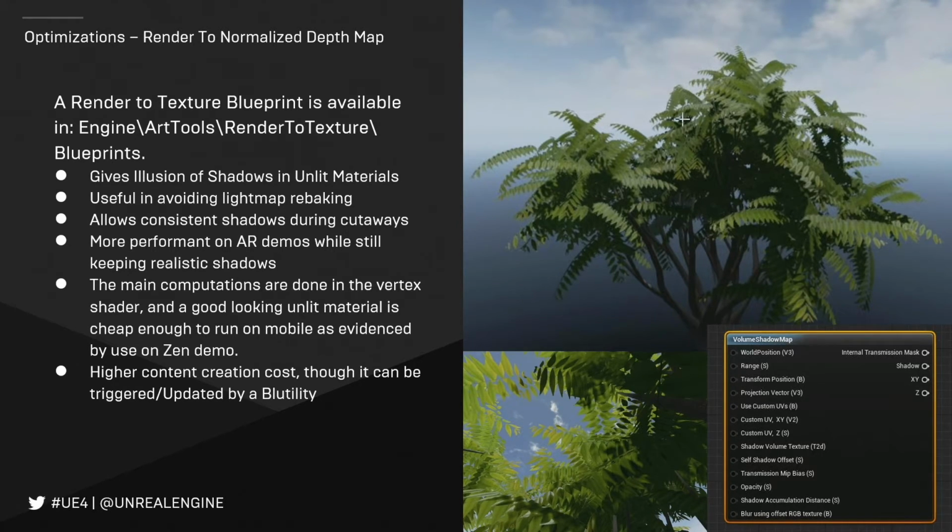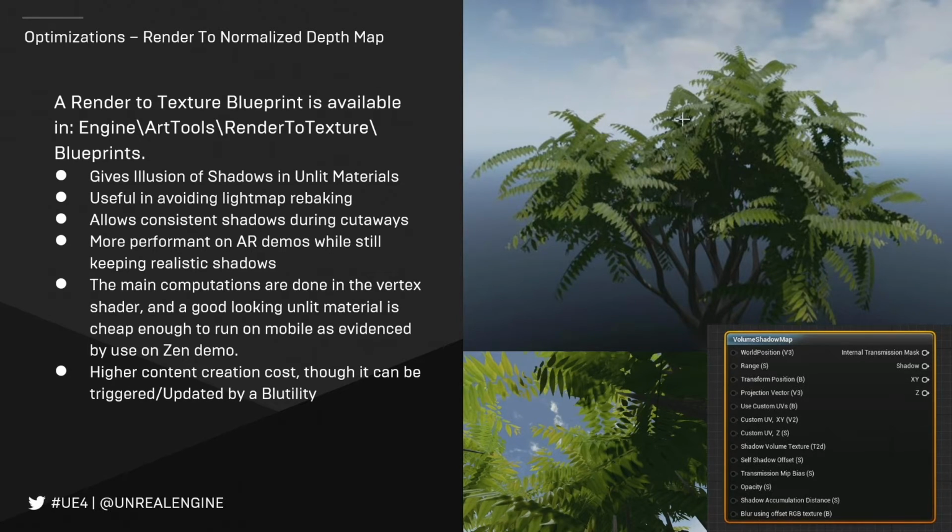This is actually taken from the Zen demo, which was an example piece made for iOS mobile. What we're doing here is using a blueprint that exists in the engine, called Render to Texture Tool, and it takes an orthographic image of the bush from a given angle. When it takes an orthographic image from that given angle, it's basically one time taking an image of the depth.